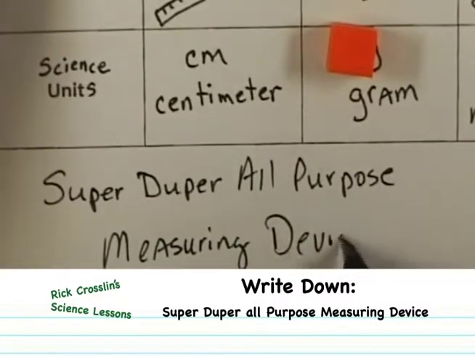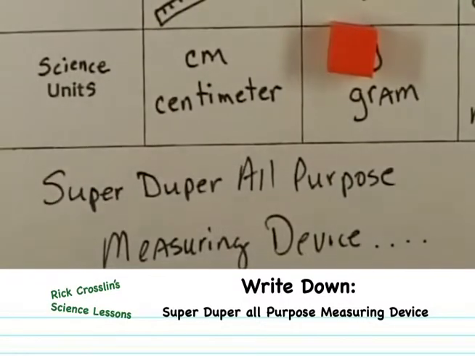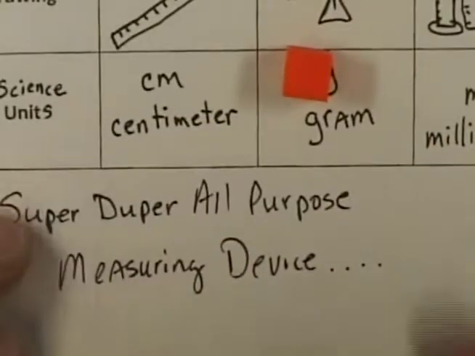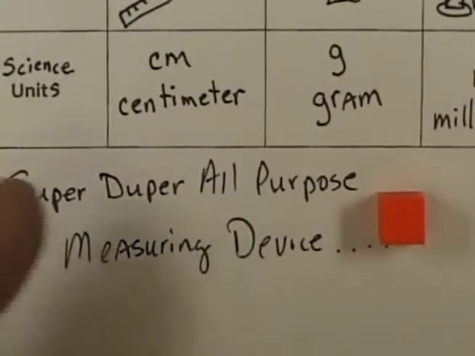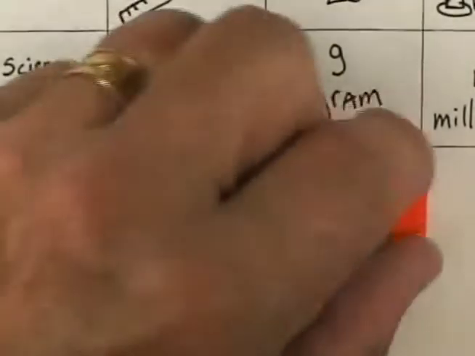All I wanted was one thing that I could use. A super duper, all-purpose measuring device. That's all I wanted. And this is what you send me? Are you kidding me? Go ahead and write this down: super duper all-purpose measuring device, and I might as well